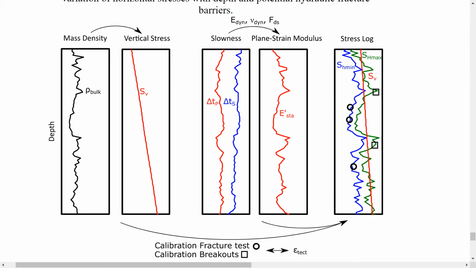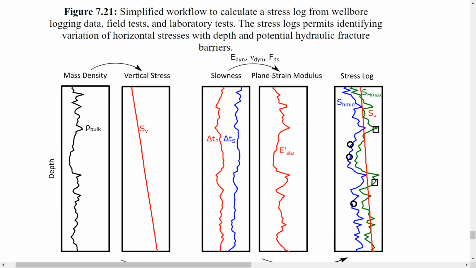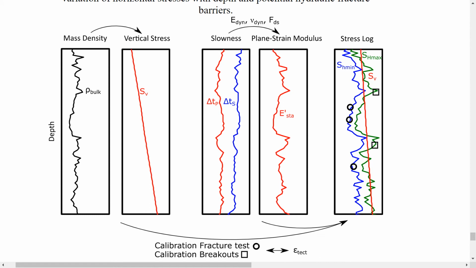And by finding what those tectonic strains are, you can develop what is called a mechanical earth model that is going to allow you to predict stresses outside the range of where you did your tests. For example, you may have done your DFIT test here, but you don't know what the stress is over here. That's why it is helpful to do these studies of mechanical stratigraphy, see how the properties change, so you will predict how stresses change along the entire formation. Okay, so